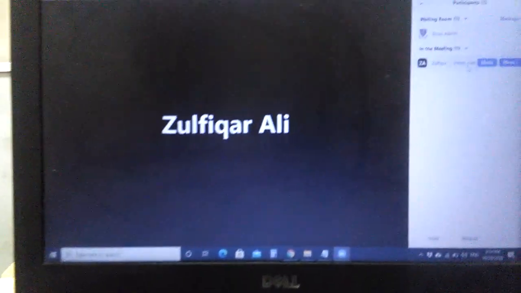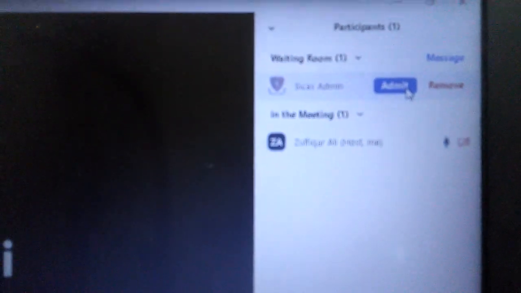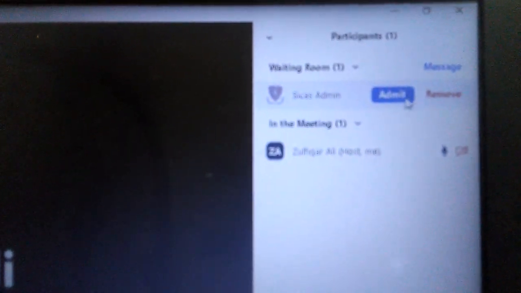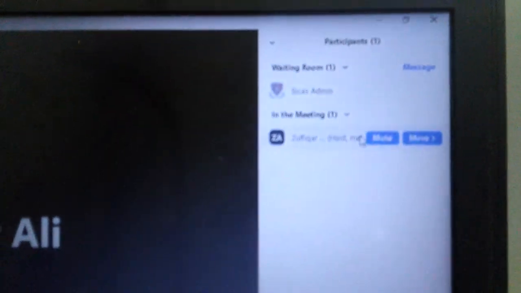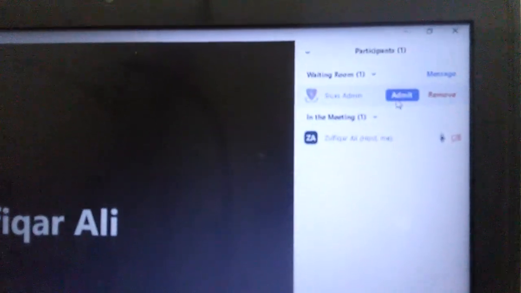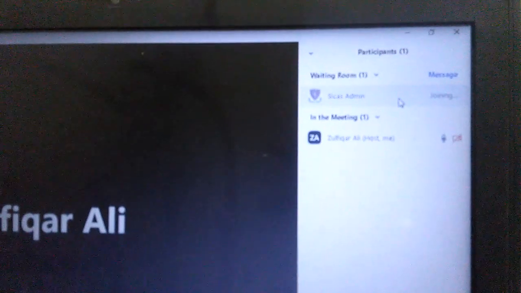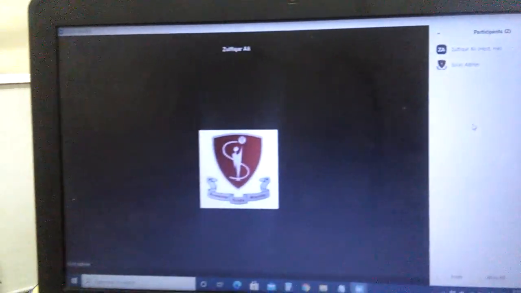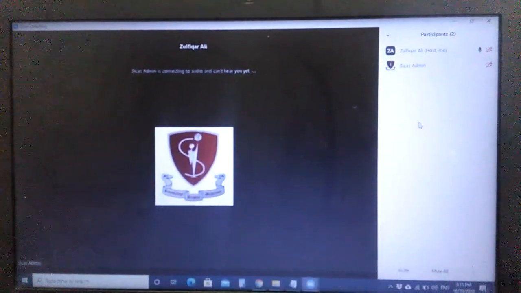Okay, now you can see a parent, as a test run, is sending an invitation to me, and its name or icon is in a dull color. Once you click the admit button, my session will start with him for a meeting, or you can remove the person if you don't want to, or you can just leave it pending to keep them waiting. Now I'm going to click admit and in a few seconds it will come into the meeting part on the right side. Now I am connected with this test user and he or she is now going to talk to me.